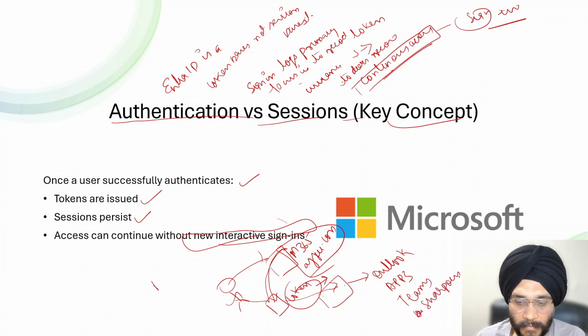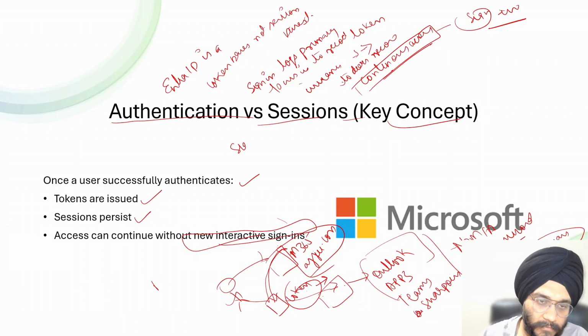We won't need to. No MFA will be prompted. When this person tries to log into these applications, no MFA, no password required, no conditional access evaluated. What can sign-in logs tell you? Sign-in logs can tell you, let's say this user tries to log in to Outlook